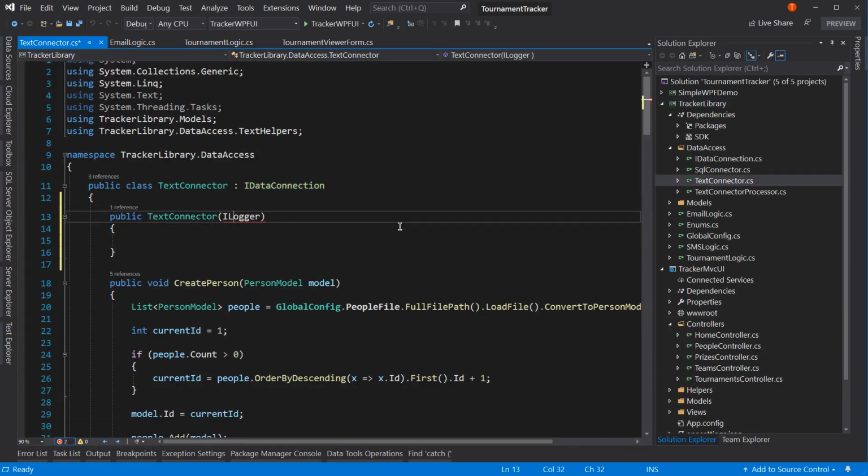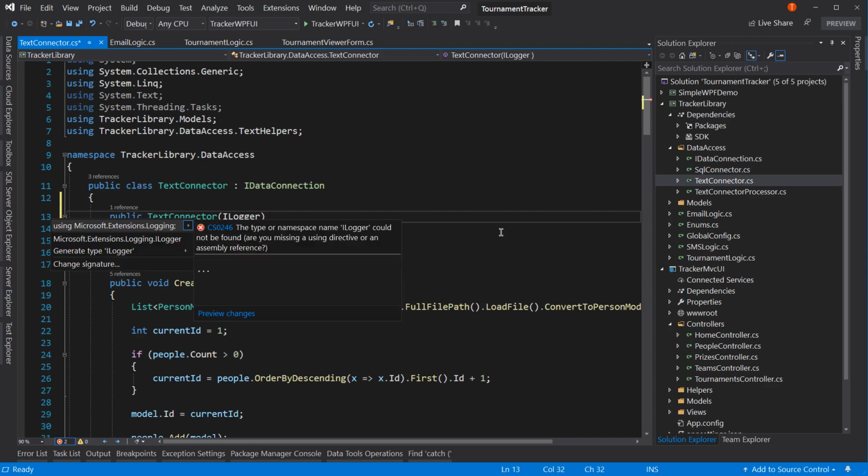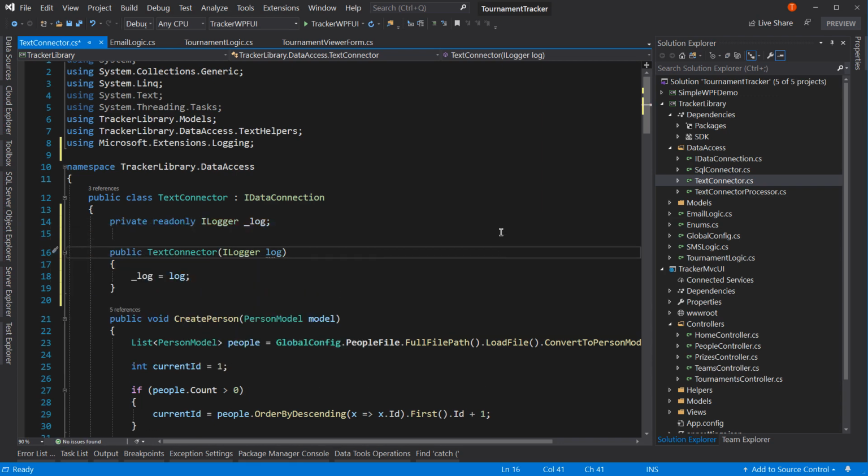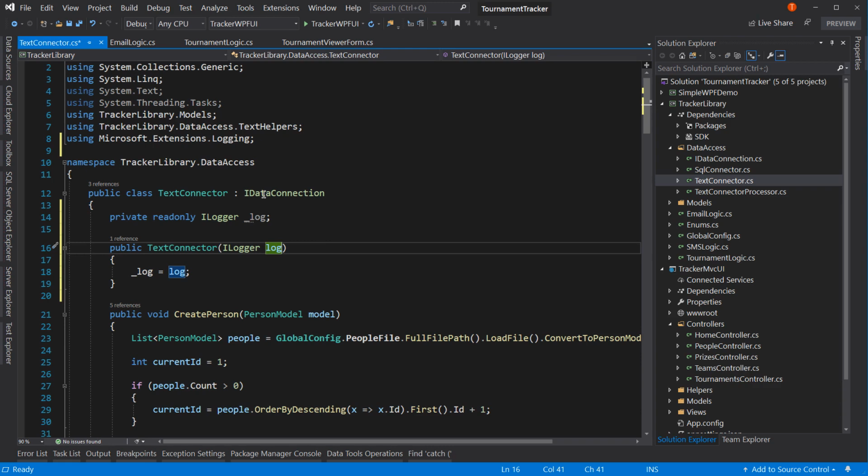So now I can do a control dot here and add that using statement. There we go. So control dot here to initialize my field. And now I can do logging inside of this text connector. And what we're going to do in here